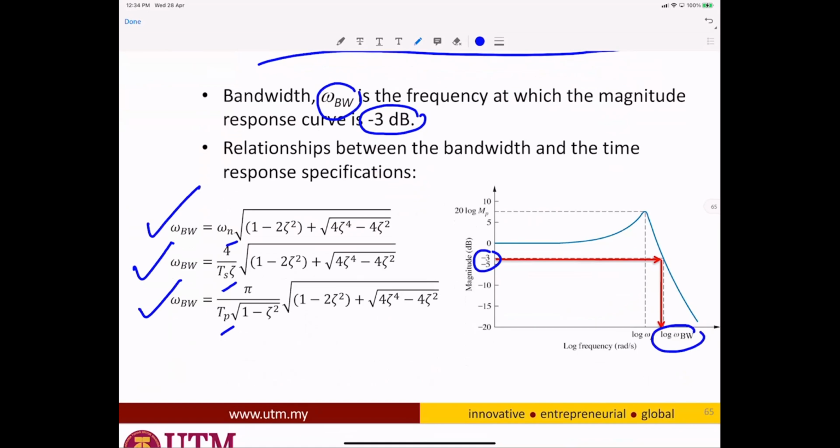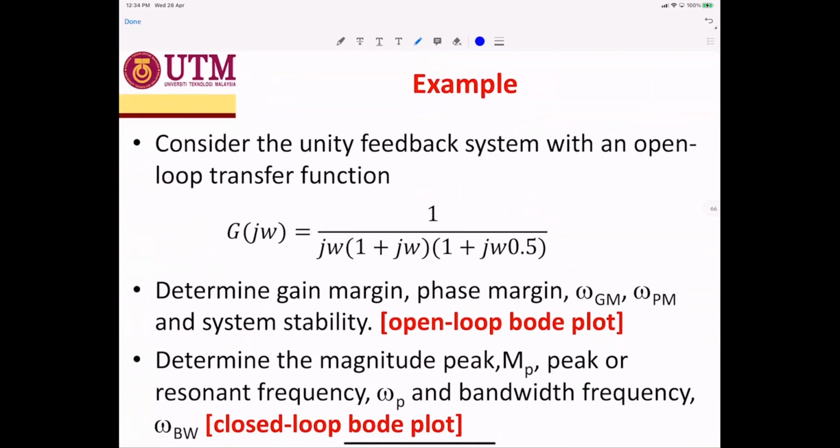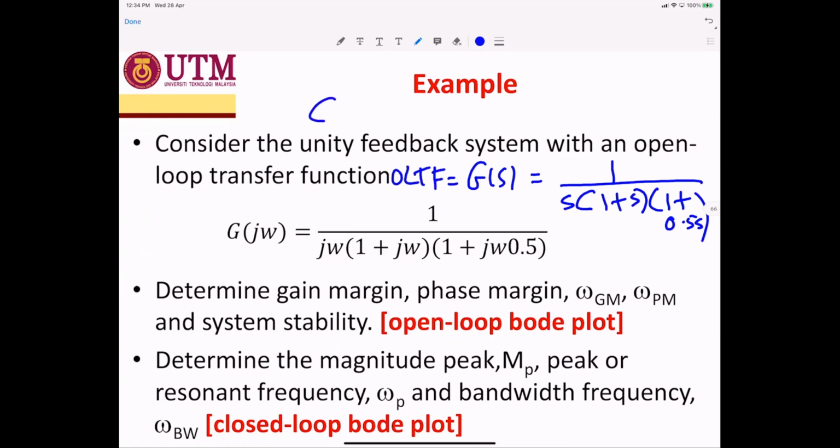For example, consider the unity feedback system with an open loop transfer function, which is G(s) equals 1 over s times (s plus 1) times (1 plus 0.5s). Determine the gain margin, phase margin, omega GM, omega PM, and system stability. Fine, no problem. Determine the magnitude peak, MP, peak frequency, omega P, and bandwidth using the closed loop. So this one is open loop transfer function. So the closed loop will be